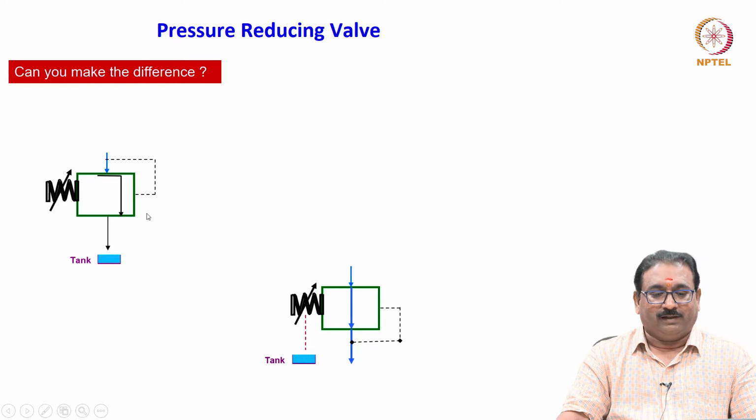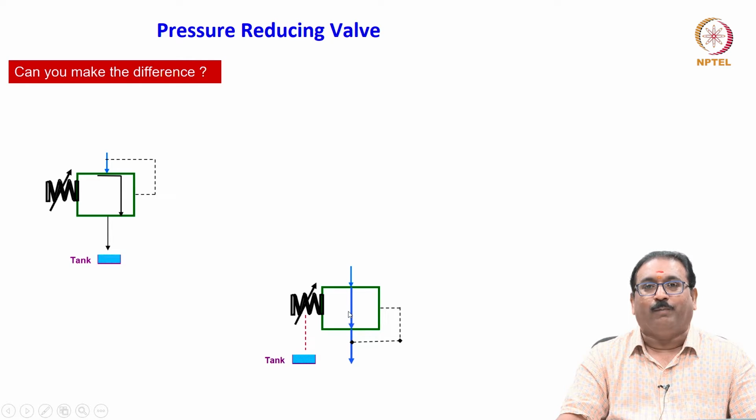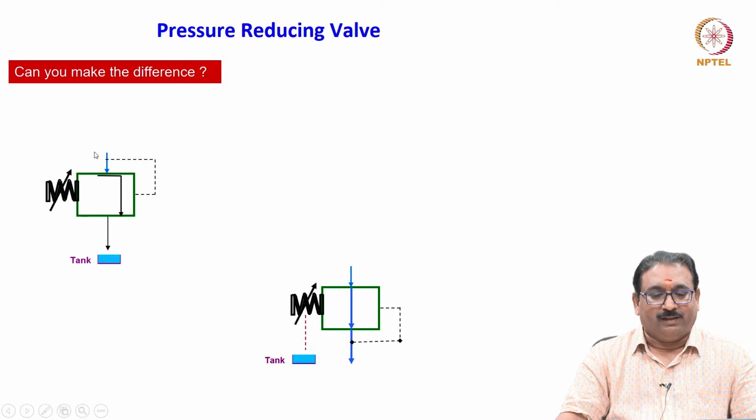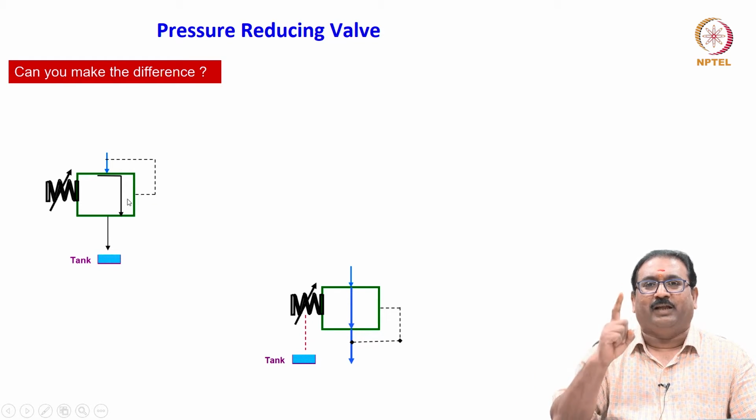Please understand. Here you will see this valve is a closed one. This is an opened one. Then this is also an adjustable type spring. This is also having the P port and T port. Two ports are there. But you will see here it is monitoring the pressure from the upstream. When it is measuring the pressure from the upstream to open the valve, it is a pressure relief valve.